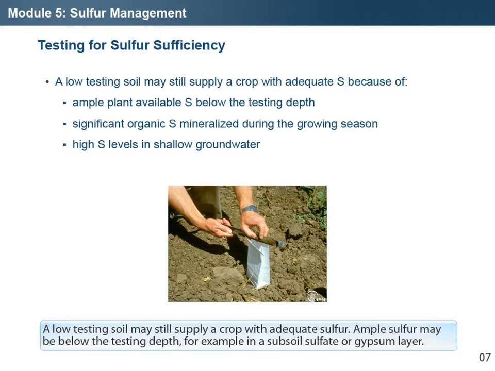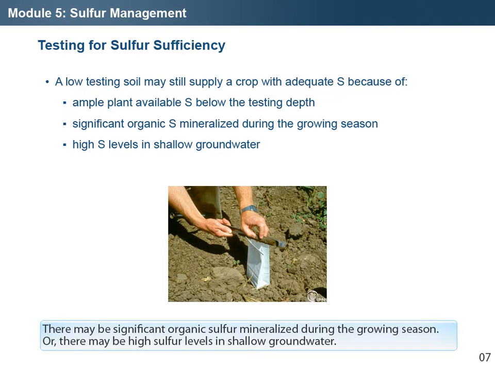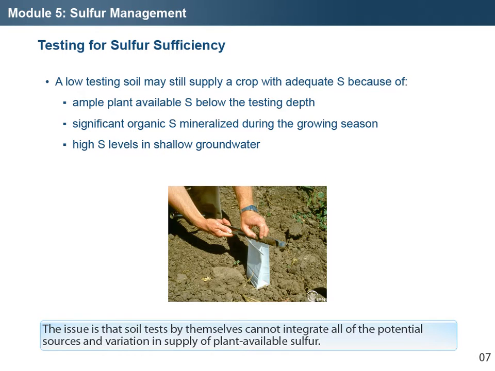Ample sulfur may be below the testing depth, for example in a subsoil sulfate or gypsum layer. There may be significant organic sulfur mineralized during the growing season, or there may be high sulfur levels in shallow groundwater. The issue is that soil tests by themselves cannot integrate all the potential sources and variation in supply of